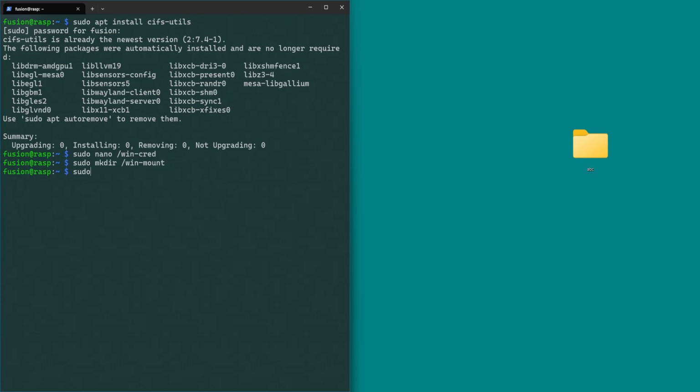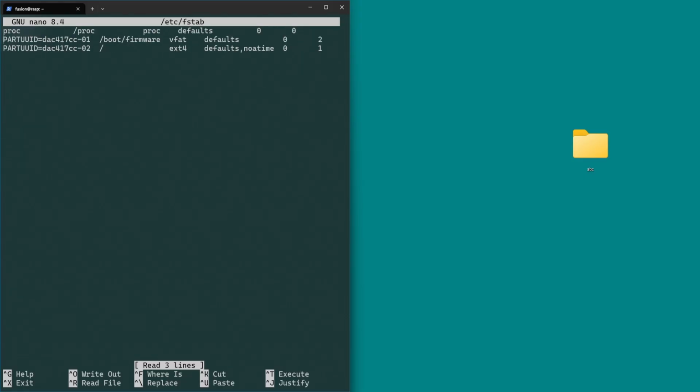Okay, so now we can work on fstab file. So type sudo space nano /etc/fstab and press enter. Now at the end we need to add the entry for ABC folder. So first type the location of ABC folder, //IP for the Windows machine, / the share folder name, which is ABC,